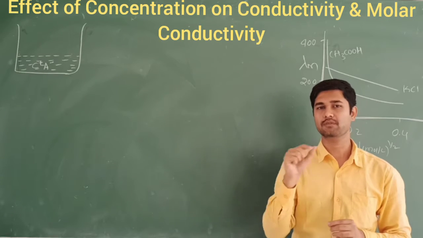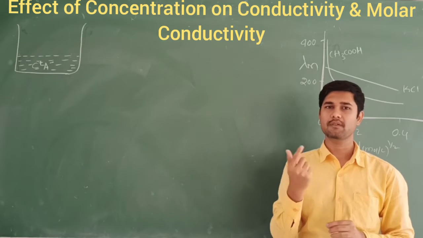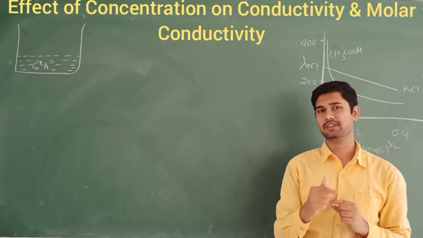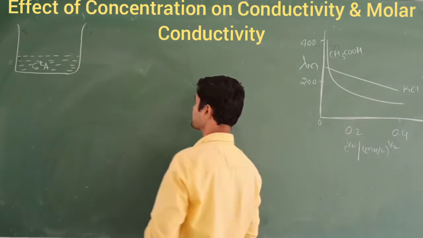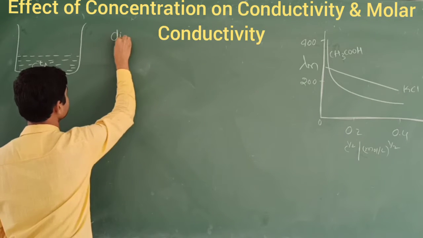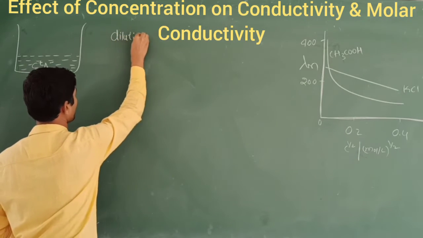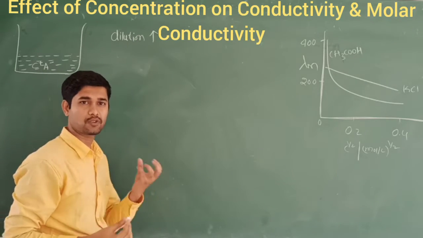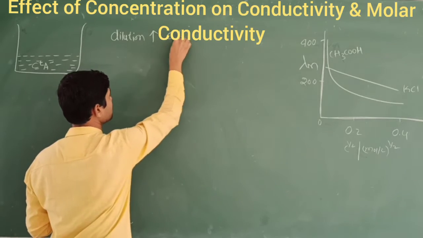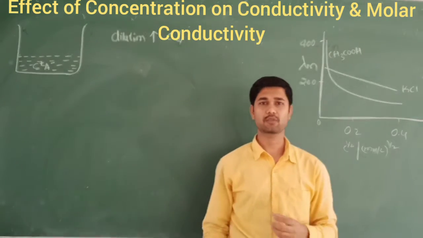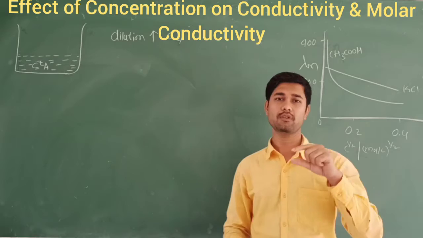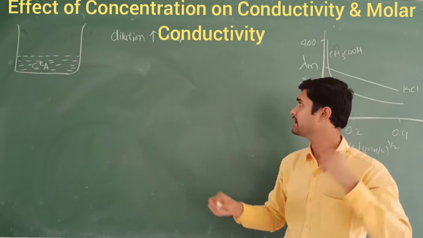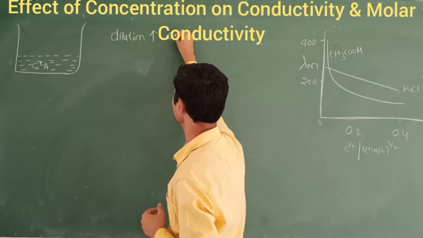So that is called dilution. What is dilution? Dilution is when you add water to any solid molecules. That depends upon the concentration. In general, as dilution increases, the concentration of that solution always decreases. When you add more molecules of water, the concentration of the solute particles decreases. So why does it happen?